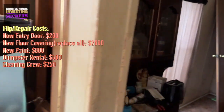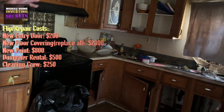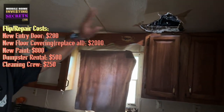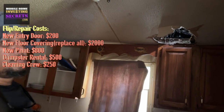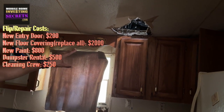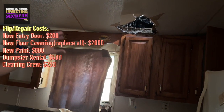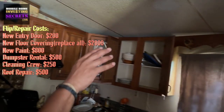Let's look in the kitchen. As you see, there's a hole in the roof right here, so that's gonna have to be replaced. Sheetrock, then you're gonna have to patch it up at the top with new shingles, plywood. So just the work right here, it looks like a lot, guys, but it's really not. With labor and the supplies to fix this, this is probably $250 with labor to patch this. $250, $500 the most. So it doesn't look bad, but you want to sell it as bad when you're negotiating with